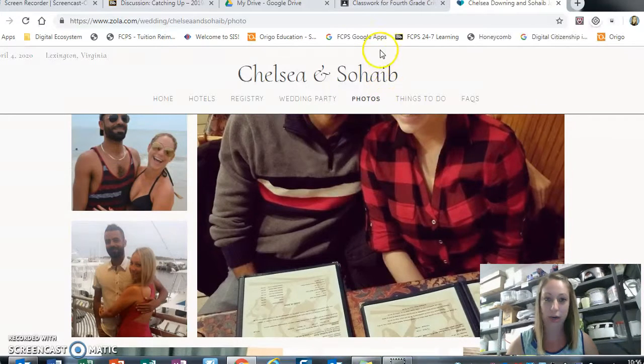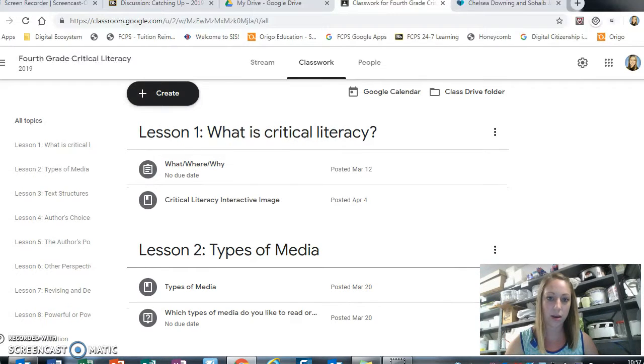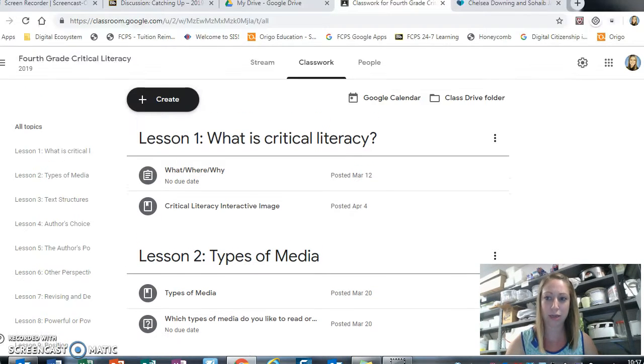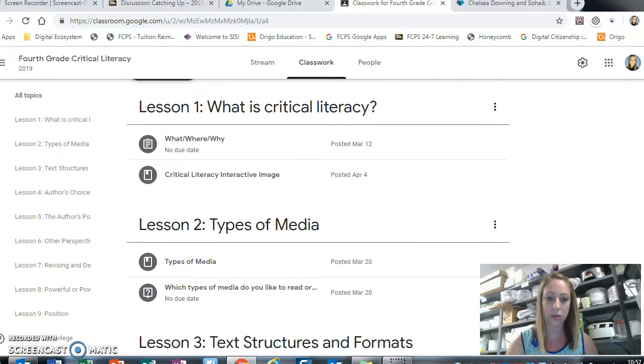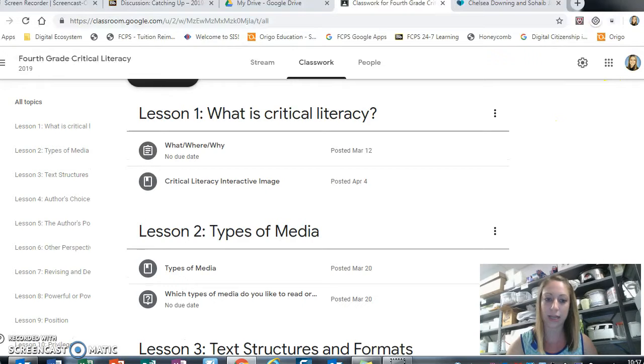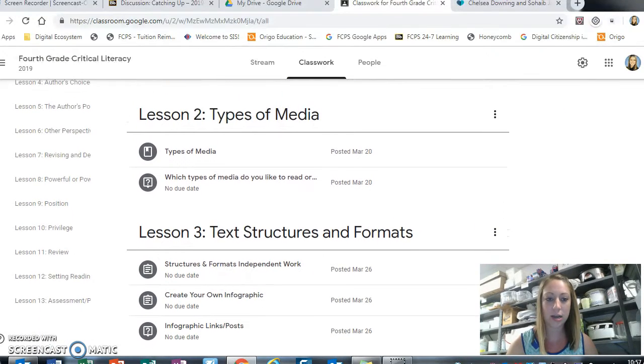Now I'm going to share with you my blended unit that I made in the other course. It's a 4th grade reading unit on critical literacy. So here is the learning management system. I used Google Classroom, and I divided it into lessons instead of modules because my kids are more familiar with lessons. And the beginning is kind of an introduction, and